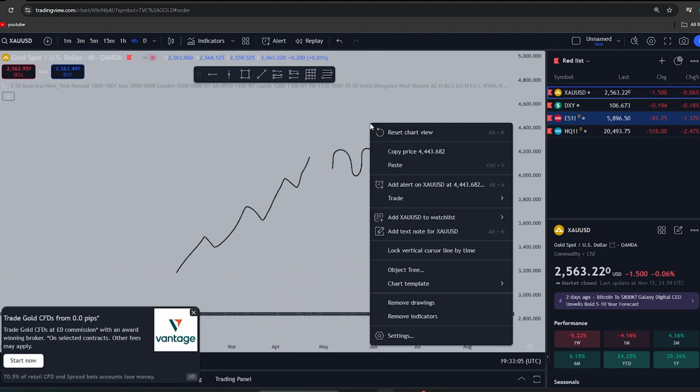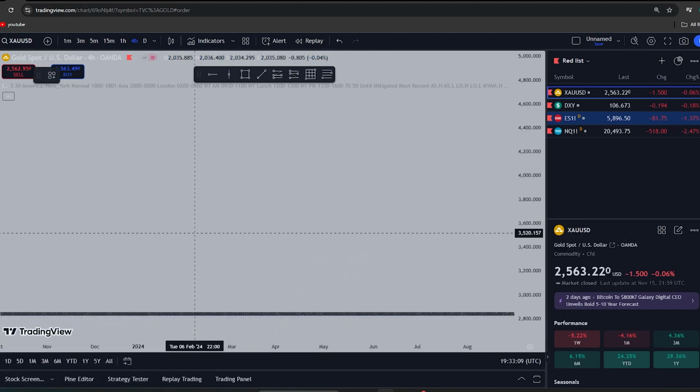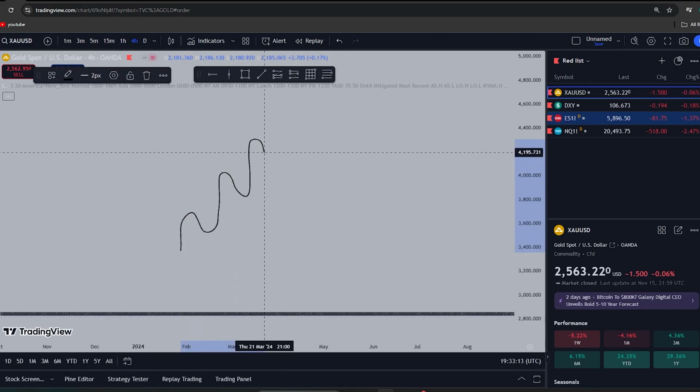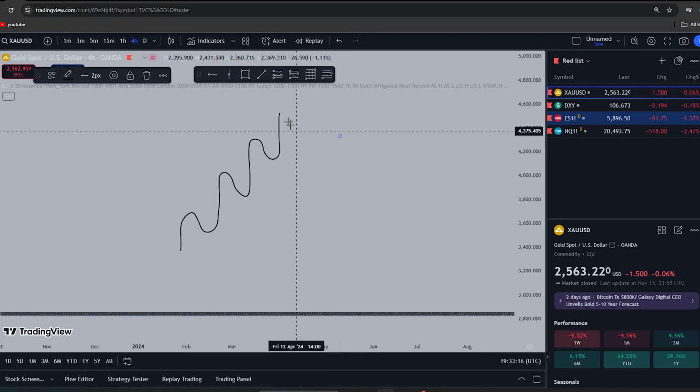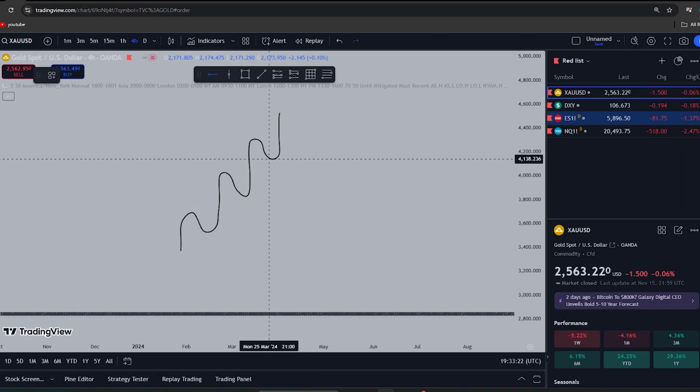So say, let's go with all these drawings. Say we're in an uptrend, higher highs, higher lows, higher highs, higher lows, higher highs. Now say market starts to reverse. How does it reverse? If we see this higher low right here